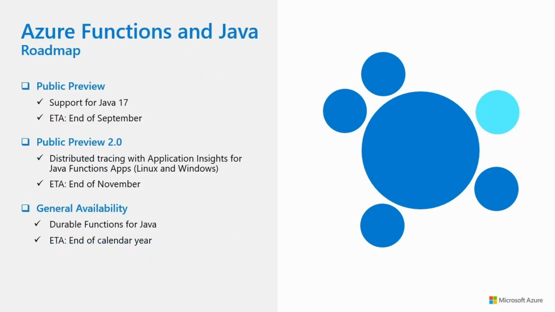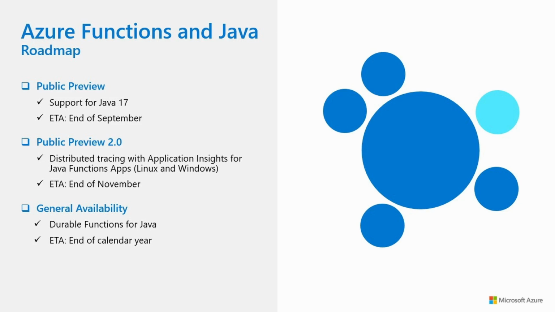Let me talk about the Azure Functions and Java investments that we're currently working on. This is predominantly to improve the experience for customers while building Azure Function apps in Java. If you haven't heard, we recently announced the public preview of Durable Functions for Java. As you all know, Durable Functions is an extension for Azure Functions that lets you write stateful functions in a serverless environment. This extension essentially manages state or checkpoints.